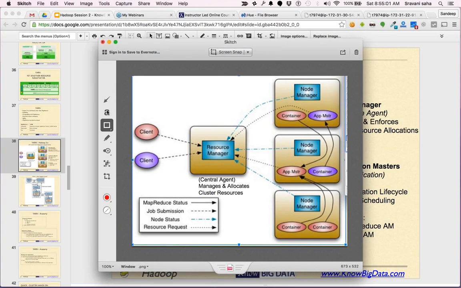All right, let me try to scribble somewhere. So here, this is the first request. Okay, this is the first request. The client has asked the resource manager that